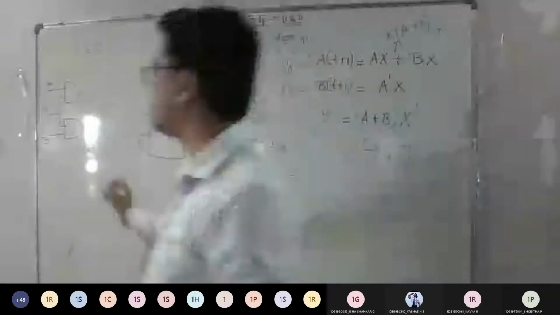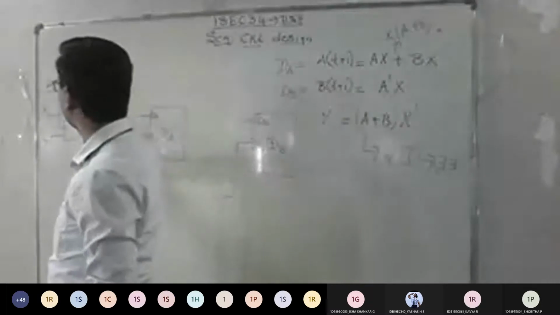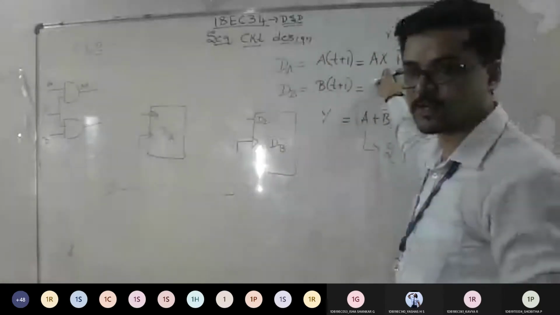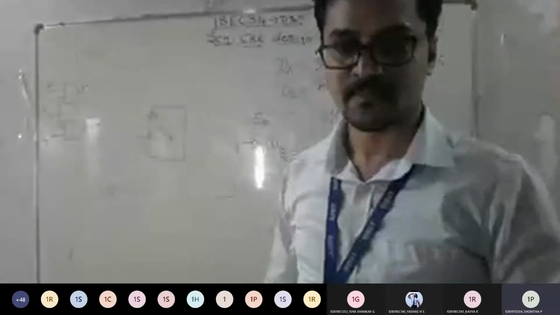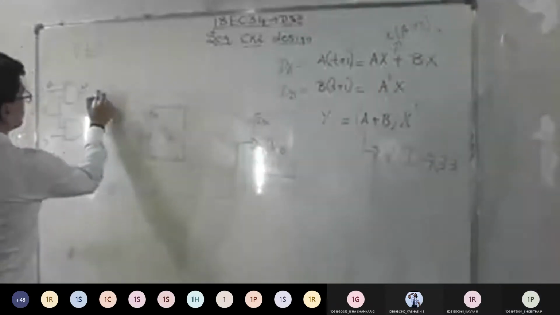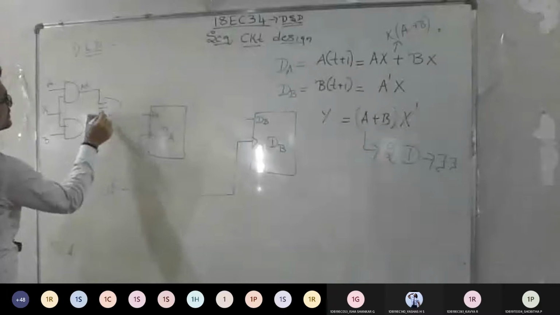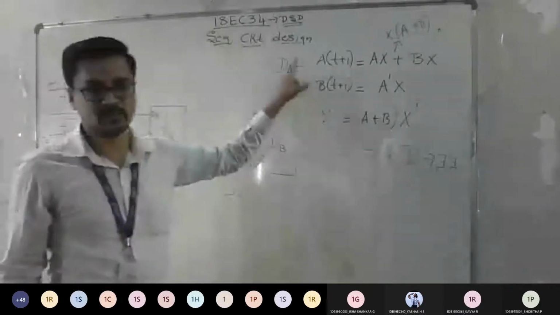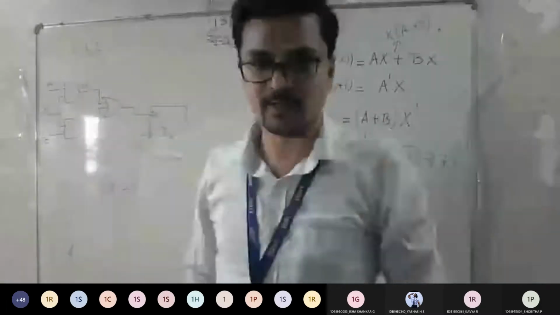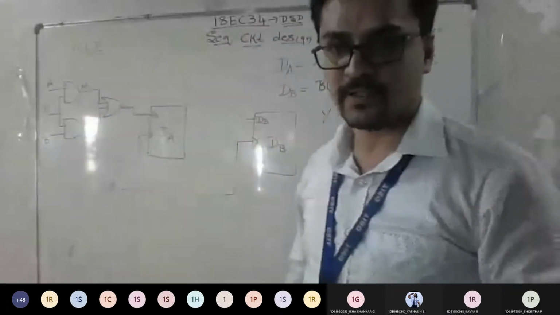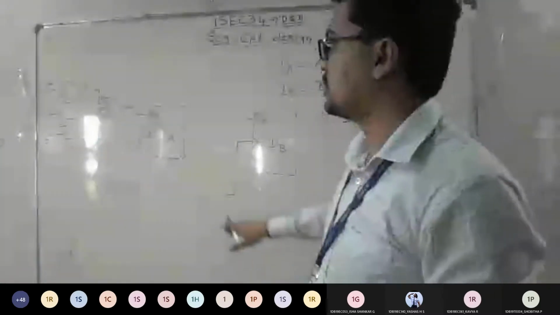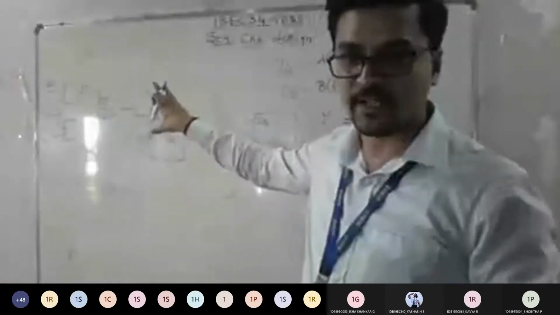Yes. So from the first AND gate output, you're going to get what? A into X, and from the second, B into X. So these two combinations, what does it tell? It tells plus. Plus means which gate? OR gate. So I'm going to connect these two combinations to the OR gate. So what is the output? That will be fed as the input. Any doubts? Anyone with the marking of the first category that I wrote? Am I clear to everyone? Yes, sir. Okay, good. So now the DA category is done. So the logic diagram for the DA part is done.